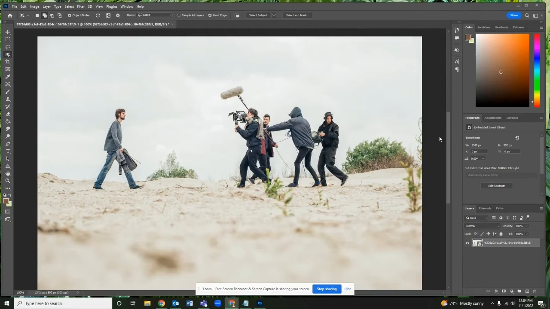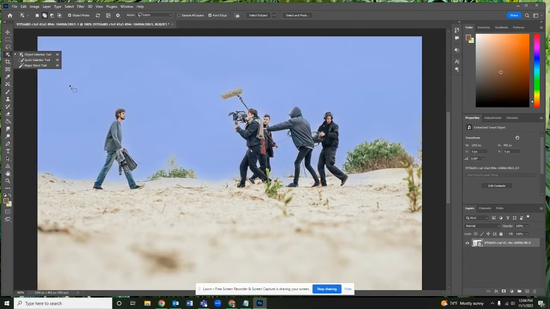Selecting an object just got easier with improvements to Photoshop's Object Selection tool. The Object Selection tool is nested under the Magic Wand tool in the toolbar here. Let's say I'm going to use this photo for a behind-the-scenes article in a film magazine. I want to make the sky a little bit more blue, so I'm going to select the tool and hover